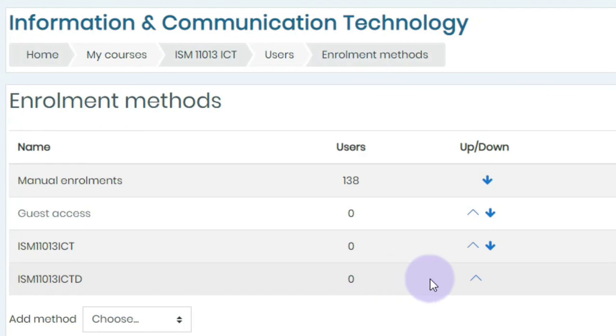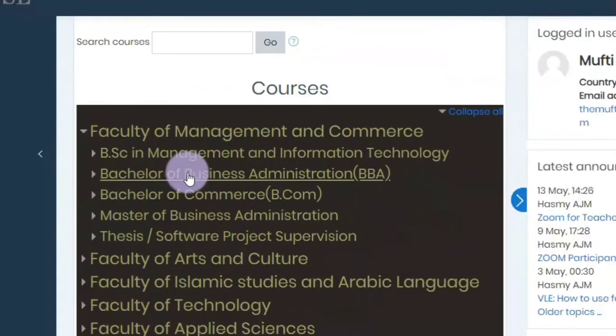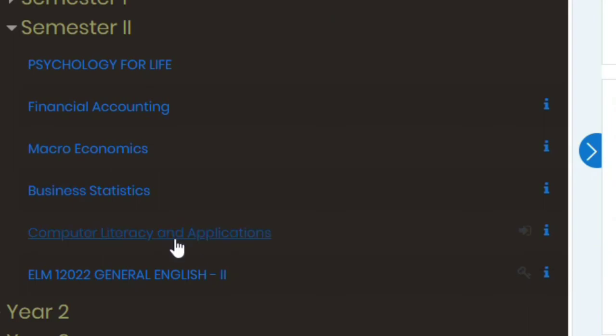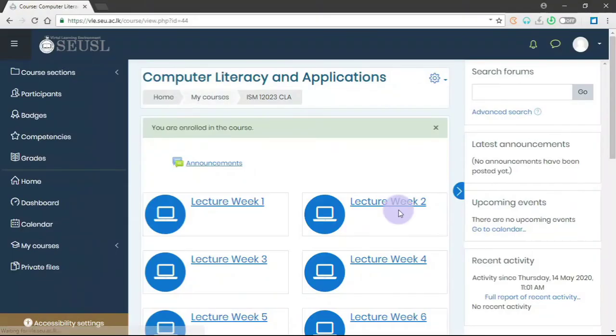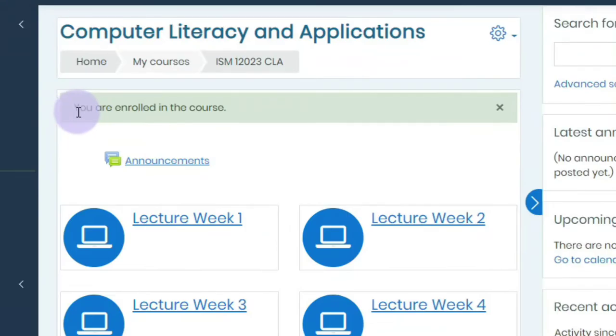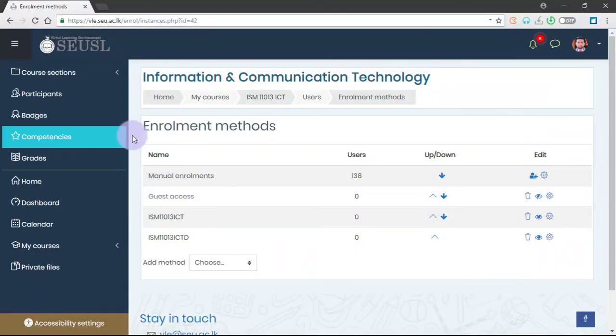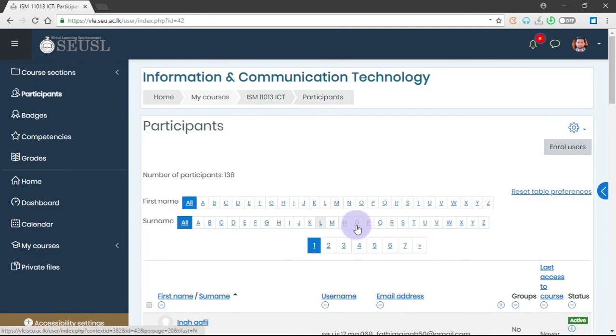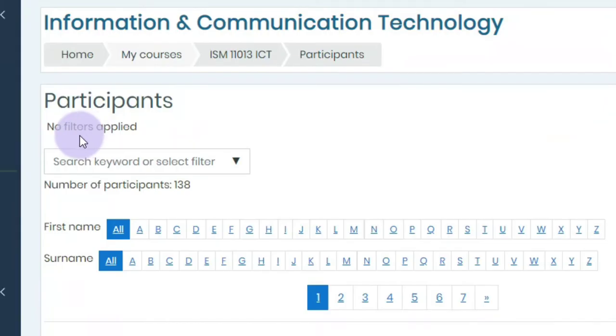Now let's see how students are accessing your course using this direct method. Here on the left side I can see the participants. I can click on this participants to see the participants list. Here you can see the participant, no filters applied.